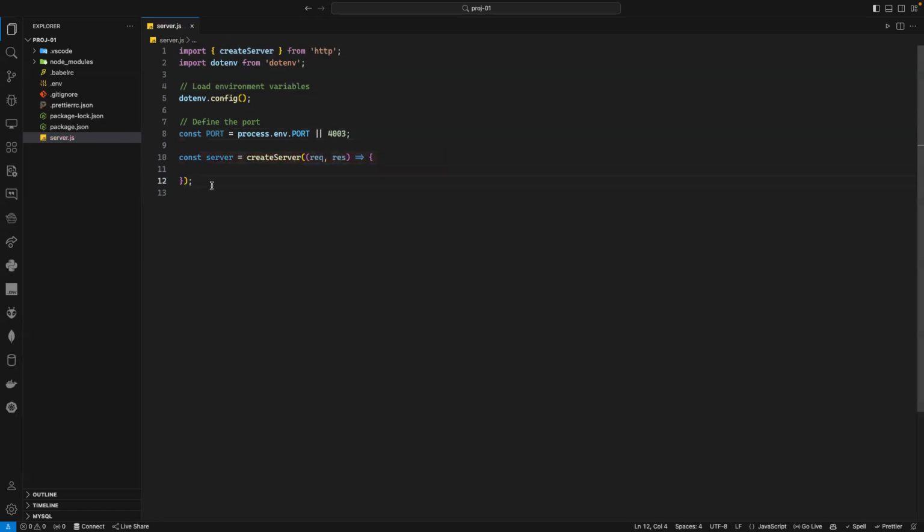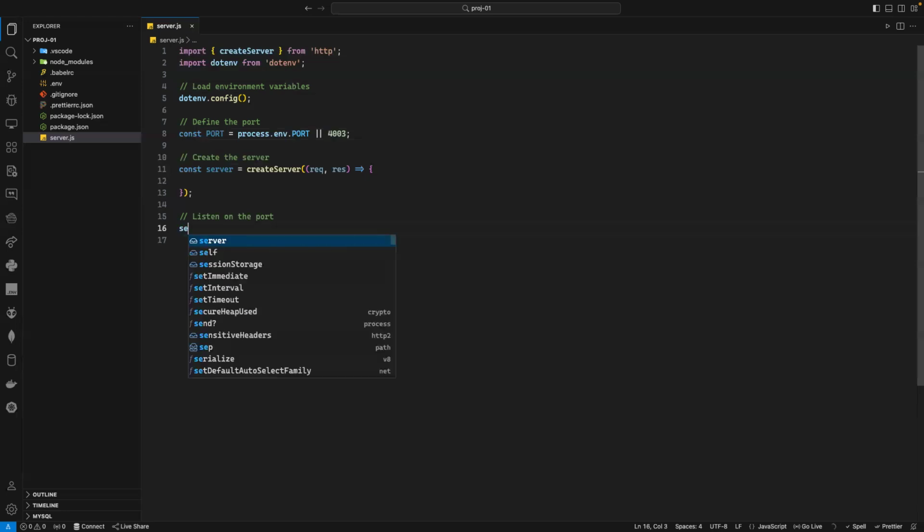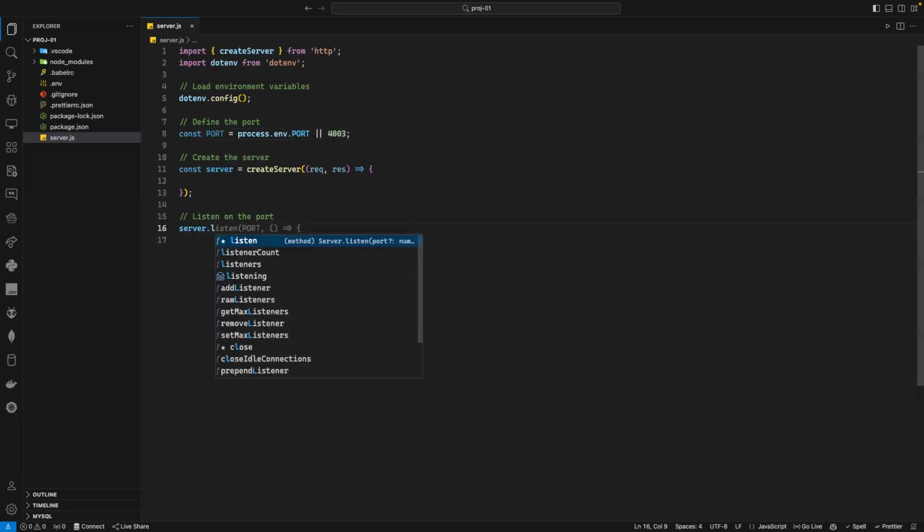Now, I need my server to listen in case any client wants to connect to this server. In order to do so, this server has a method on it which is called listen. So here I can just add a comment again, and say create the server. And here I will say listen, start the server, or listen on the port. So I can just say server.listen, as you can see, and listen takes